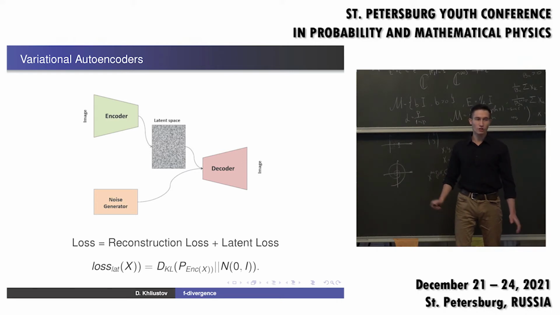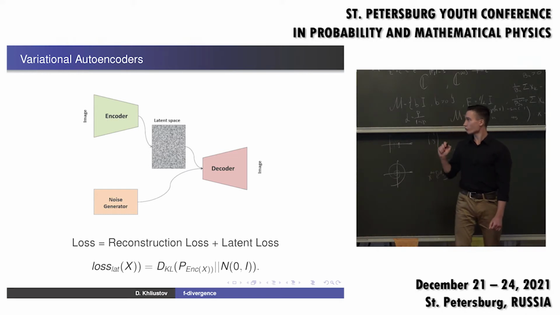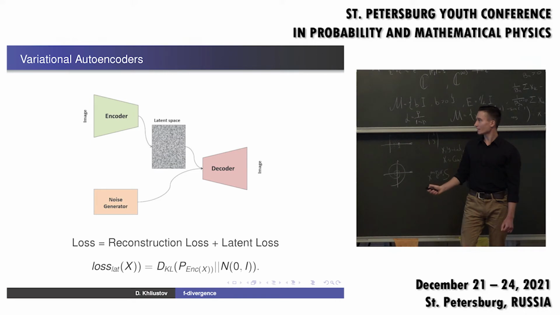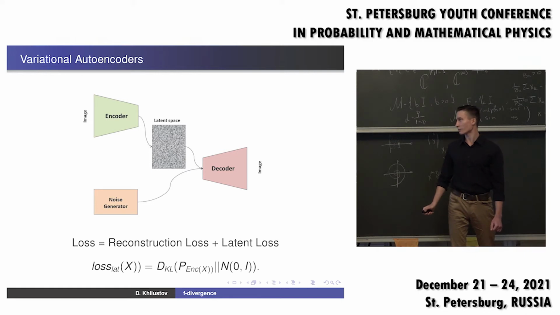However, if we just do this, we will usually not obtain meaningful images, because not all the points of the latent space correspond to natural pictures. In order to do this, we need to penalize our model with an extra loss. This loss is traditionally expressed in terms of Kullback-Leibler divergence. It's a Kullback-Leibler divergence between a distribution of vectors generated by the encoder and a standard normal random variable in